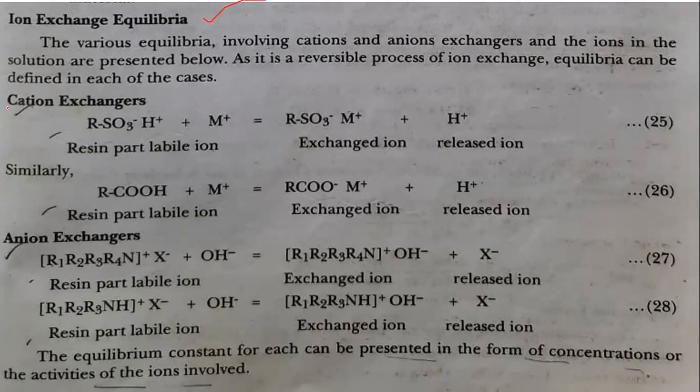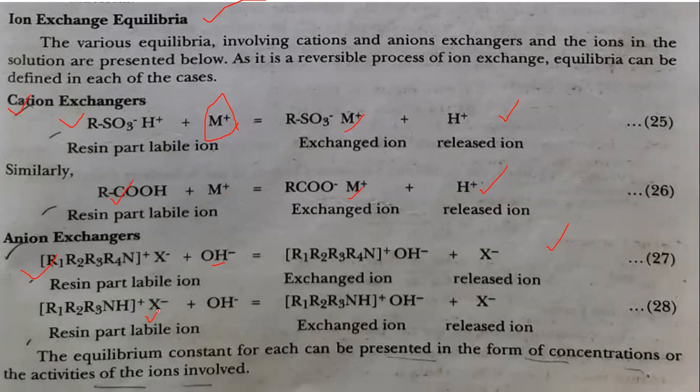See, now the cation exchanger is there. In general, if this is a metal ion and this is a strong cation exchanger, it gets exchanged with the H plus ion, and H plus is released over here. For the carboxylic acid functional group, again the metal ion is exchanged and hydrogen is released. For the anion exchanger, this is a strong anion exchanger, a quaternary ammonium salt, where the OH minus ion is replaced by X minus ion.